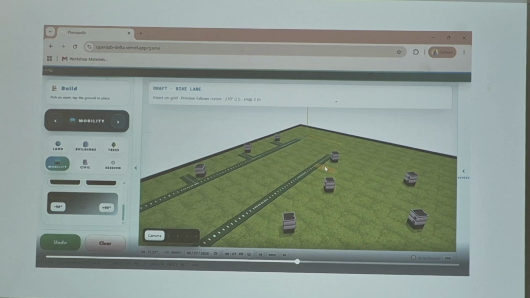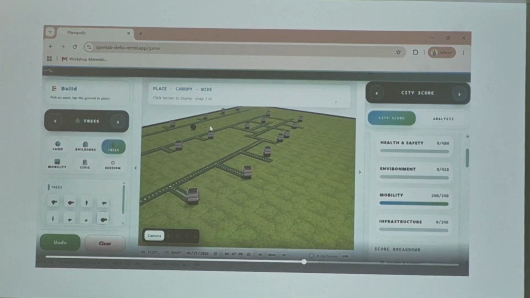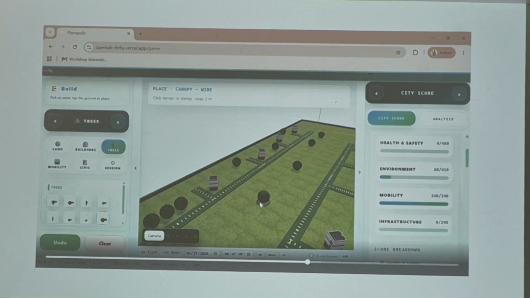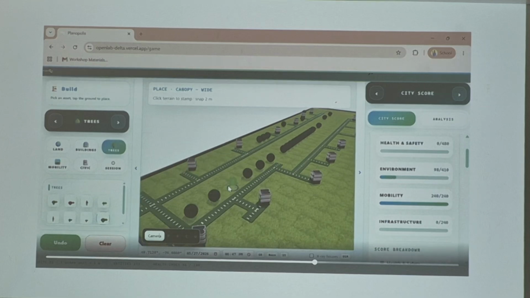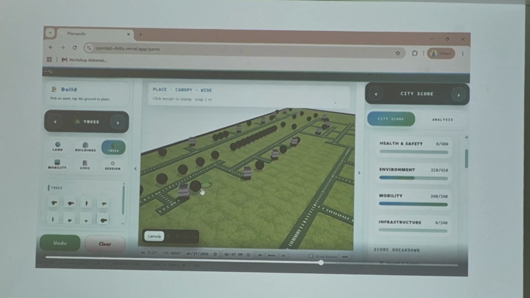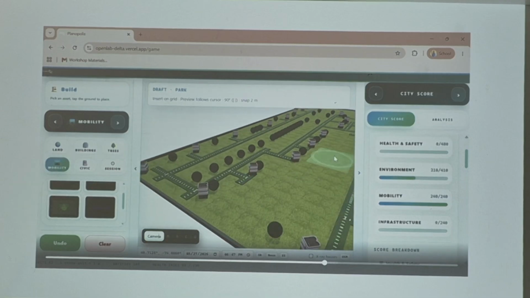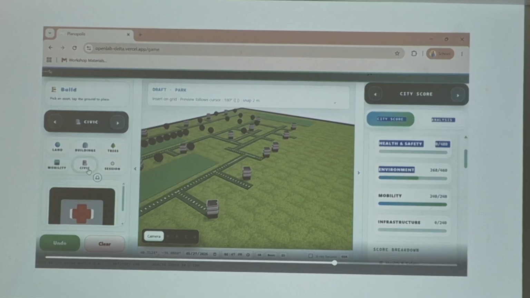By connecting residential areas to green spaces using bike lanes and pathways, the mobility score increases in real time. On the right panel, users can continuously follow categories such as mobility, health and safety, environment, infrastructure, and overall score. The score updates continuously while we build, making trade-offs much more visible instead of remaining abstract or hidden inside reports